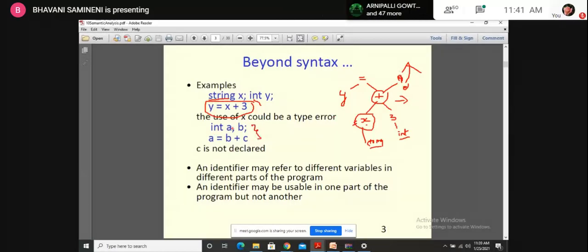They have declared integer a, b, and this expression is being evaluated, that is b + c, and we are storing it into a. But here c we have not declared. But if you construct a parse tree, the parse tree will be like this: a, and here we will get b, and we will get c. Okay, so there will be no error during this construction of the parse tree. But when we are evaluating these parts, we have to get to know, for A, what is this A? Which type of variable it is, which data type it is, and what value it is holding right now. Okay, so that can be resolved with the semantic analyzer.